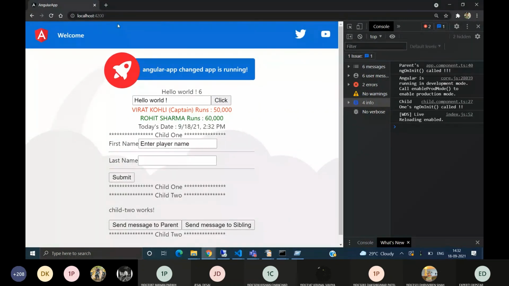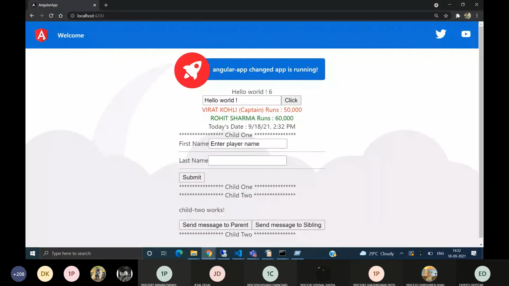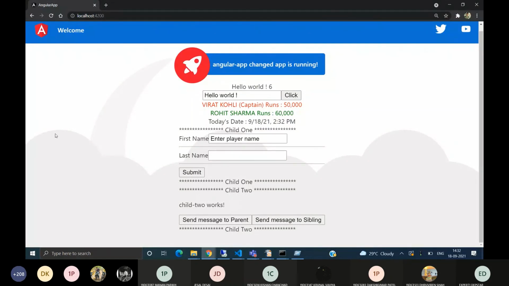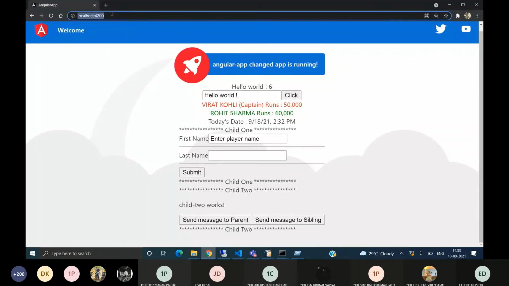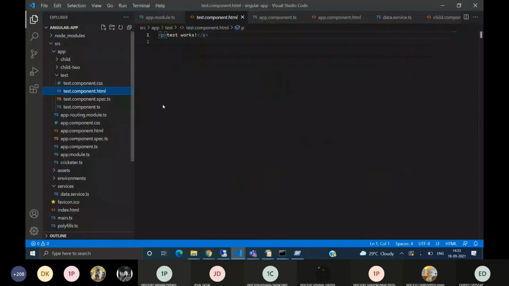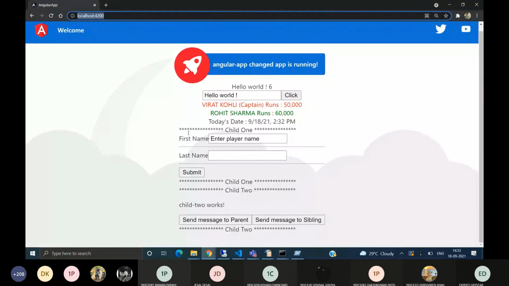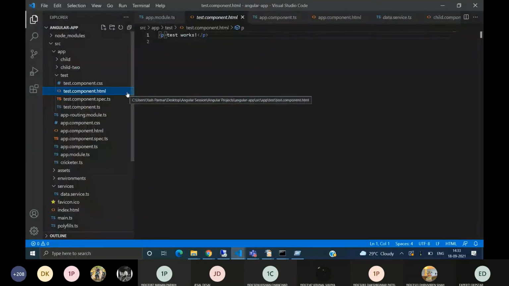Like in an application, some navigation is fixed in the DOM, the footer is fixed, and the portion between them changes on routing. Generally, this is the scenario. Inside that routing, on the basic URL, we can see the app module getting loaded. Now we want to see another component that is coming through routing.